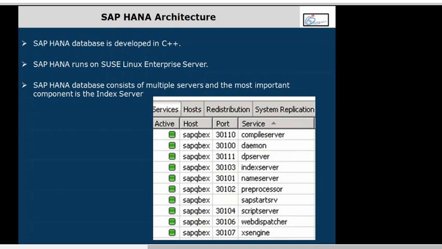That is the concept of a database, and it has been implemented. Software is all about programs, and the HANA software is developed with programs in C++.